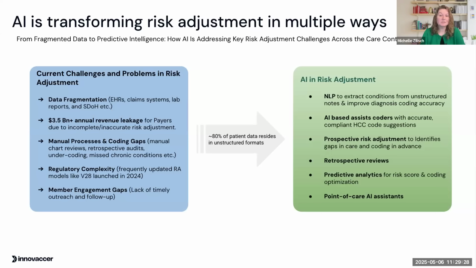Perfect. And Christy, for you guys? Yeah. So I'm going to bring it back to my first point of the webinar, which is that remember that AI supports, not overrides clinical judgment. So remember that NLP, this AI, is there as a tool to support the coder. It doesn't replace the coder.